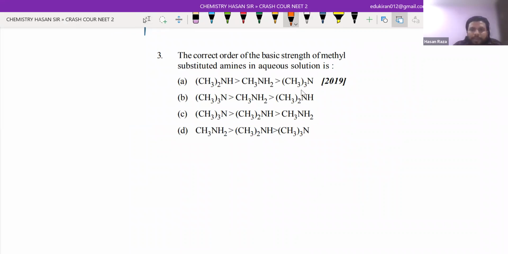Okay. Here, see, the basic strength in this chapter is very important. First of all, I'm going to ask you some question, then we will move to this question number 3. My question is very simple. Ammonia that has a formula NH3,